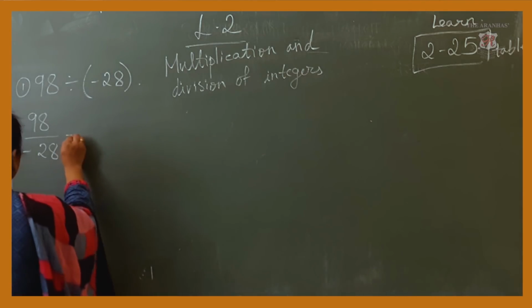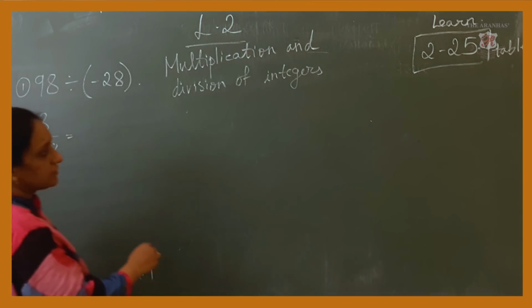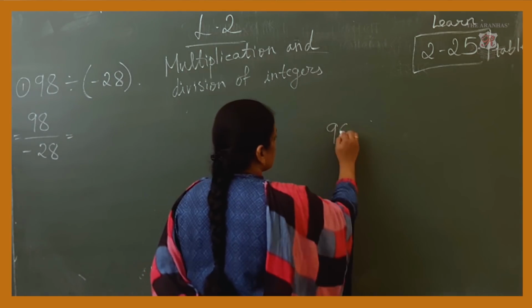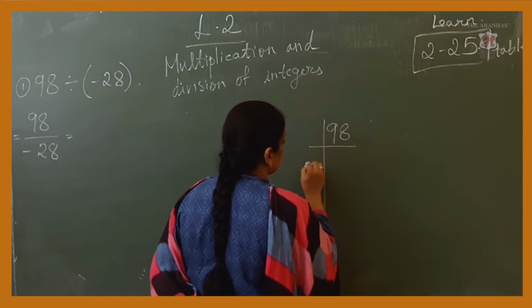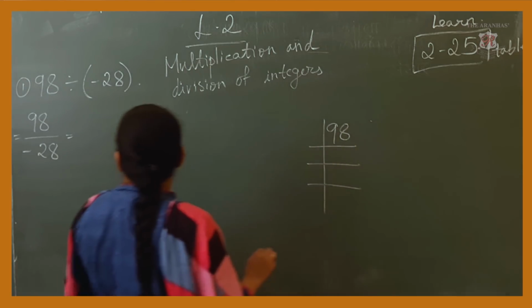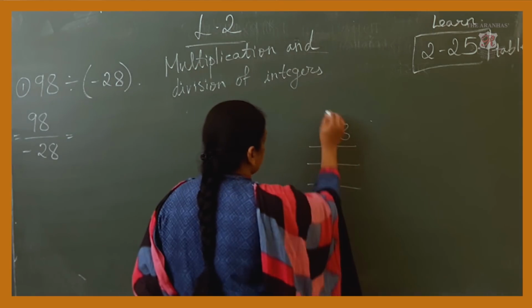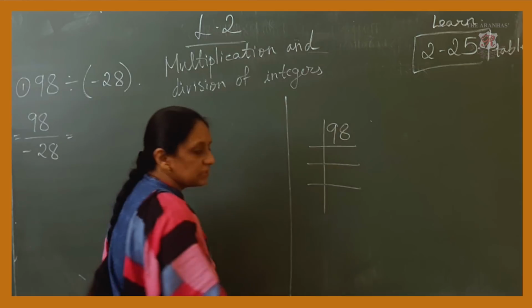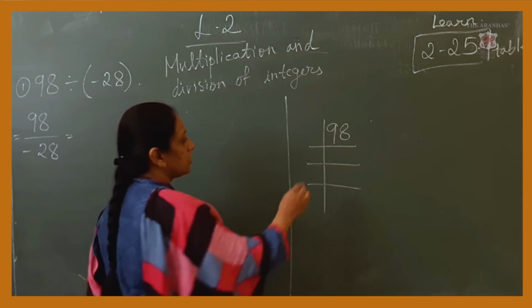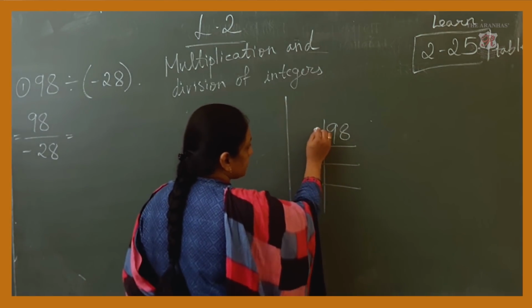If you don't understand like this, one method to find out is the prime factor method, which we have studied in 6th standard. If we don't know the table in which both of these will go, this is the method to find out. In the rough column, each and every math book has a rough column when you start solving. How to find out the prime factors?